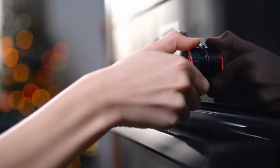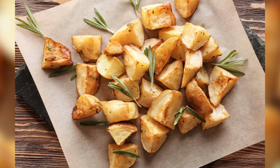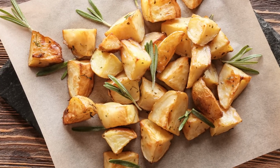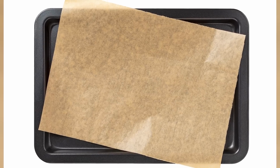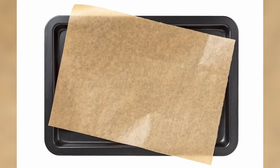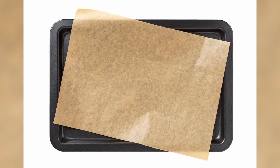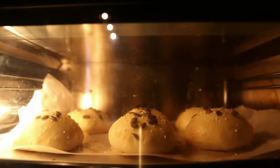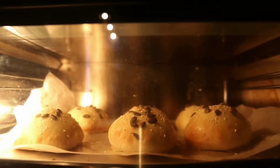This likely doesn't come as too much of a surprise considering parchment paper is, well, paper. According to the label on Reynolds brand parchment paper, it is oven safe to withstand temperatures up to 425 degrees Fahrenheit. The risk of cooking at higher temperatures comes fraught with the likelihood of starting a fire. If you want to avoid potentially playing with fire, keep the creations you make with parchment paper to temperatures under